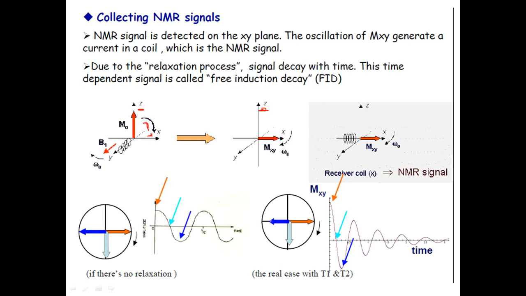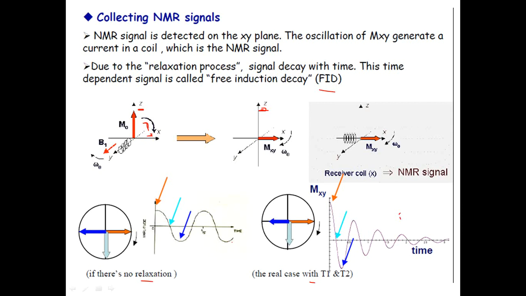If there is no relaxation, the peak will be a constant one, it will not change. But if there is relaxation, that is, there is a time gap, right? You get such a kind of wave signal, which is actually called a free induction decay, because there is a time delay for the relaxation. It's a slow process, so signal decay occurs.